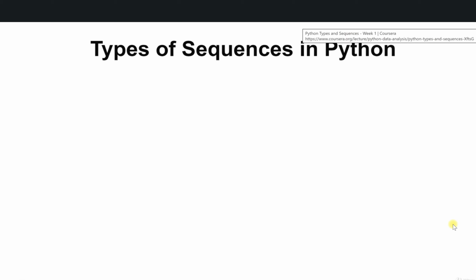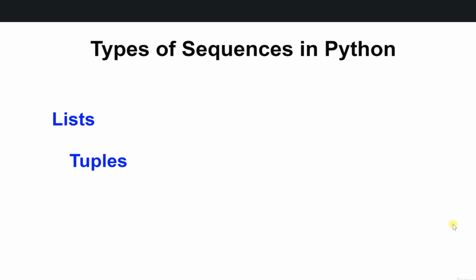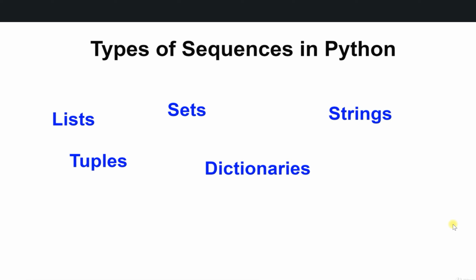In this session, we have identified that sequences are containers for storing items or values that can be accessed through operations like indexing and slicing. Over the next few sessions, we will examine various types of sequences in Python, which include lists, tuples, sets, dictionaries, strings,